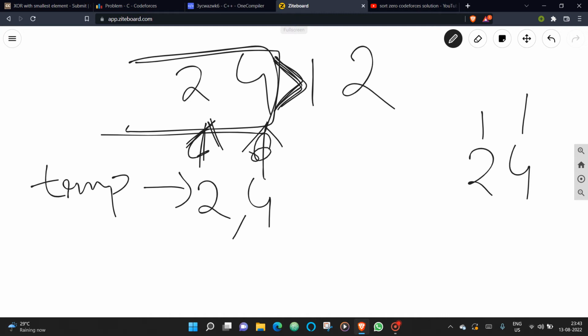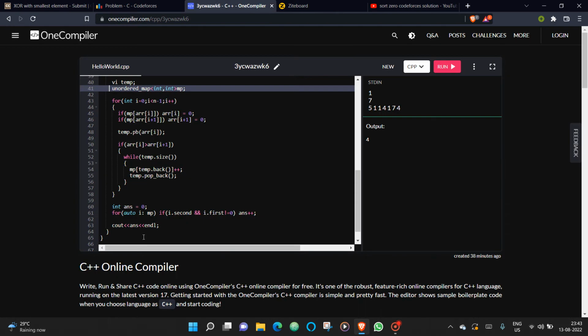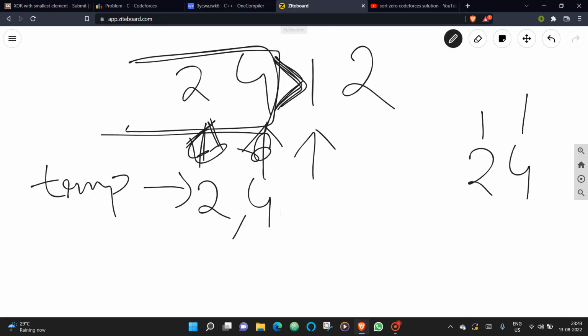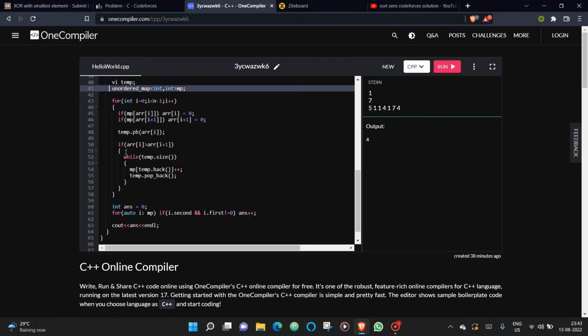And again I'll go over here, and again see, I'm just increasing my character count, and I'm deleting those elements in my temporary vector. As you can see over here, I was popping these elements, and again when it is starting the elements, it is checking